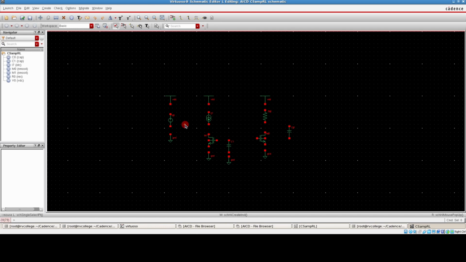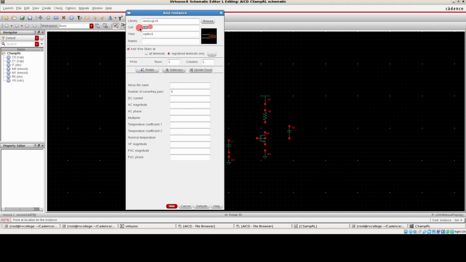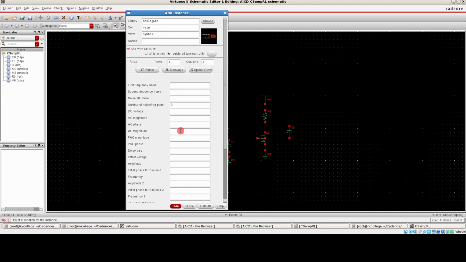And the next thing is the AC component, which you can pick from the cell name, supposed to be vsin. Now in this case, we will be entering the DC value of this vsin to be 0 and the AC magnitude to be 1. Okay, so do not worry about whether our transistor will go out of saturation or generally clipping kind of phenomena.